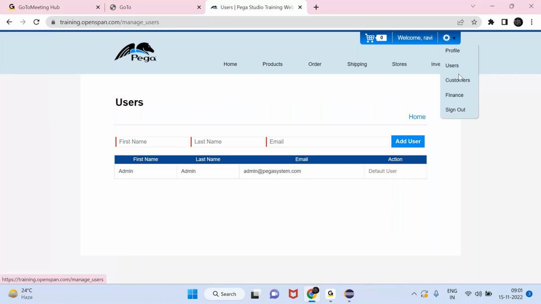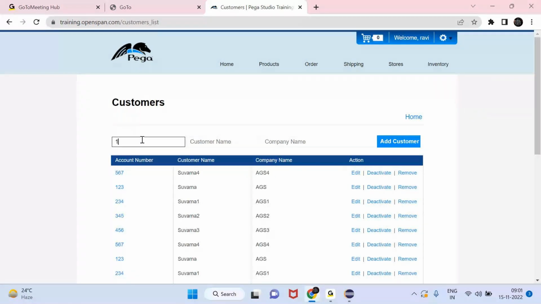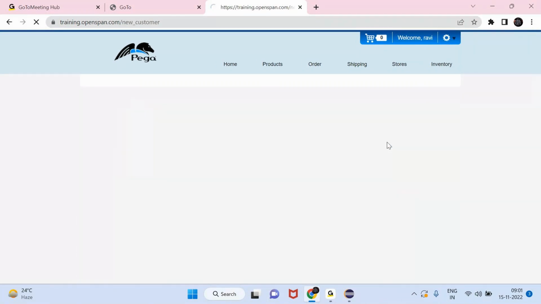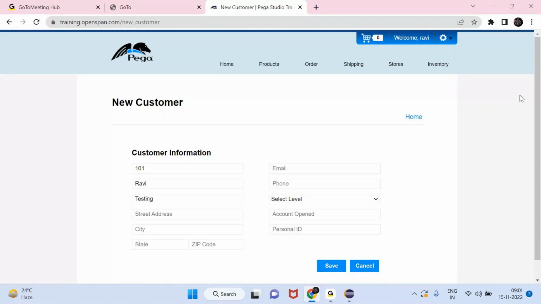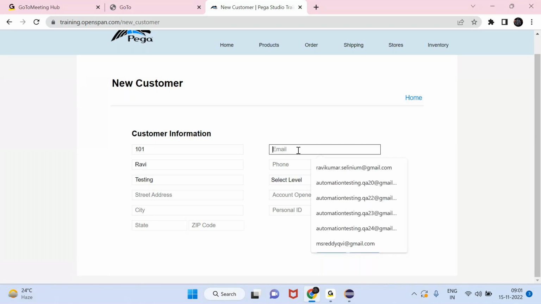Then click on customers, account number, then customer name, add customer. You need to verify. Okay, in first screen we entered the account number and username, then we need to verify whether you are getting into another screen or not. First we need to verify this, then you need to enter street address, city, state, zip code, email, phone number,